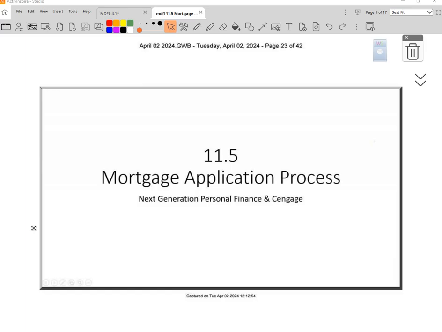Mortgage application process. What's a mortgage? It's the stuff you pay on, well, never mind. It's your loan that you pay on to pay for your house. There you go. It's a loan to buy your home. That's exactly right. So we're going to be talking all things mortgage today. Some information, some vocab, some costs that you might not know that you had to pay when you take out a mortgage to buy a home, right?